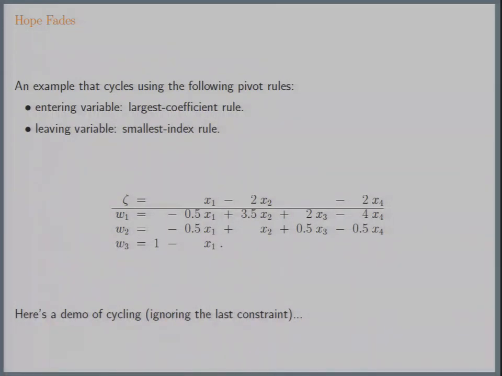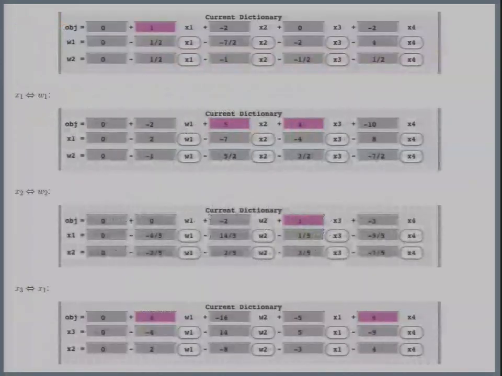So we pick the smallest index when there's a choice in the leaving variable. If we use that rule, x1 is the entering variable here, and the smallest index rule tells me to use w1 as my leaving variable, smaller index than w2. So I do that pivot, and I get to here. Now 5 is bigger than 4, so x2 is my entering variable. And x1 comes before